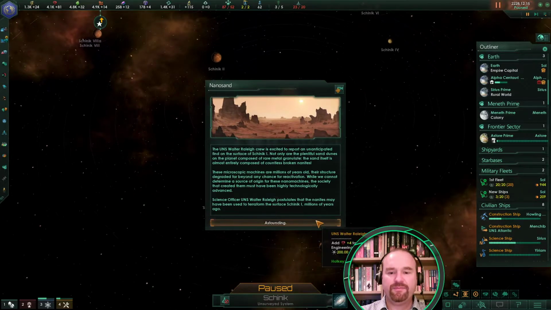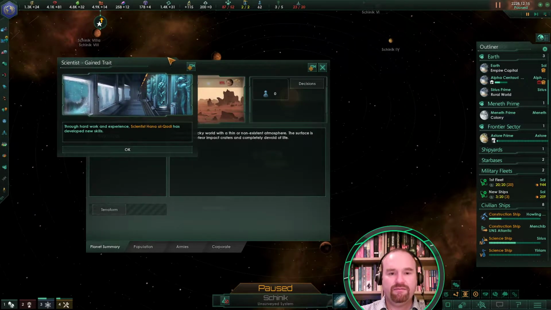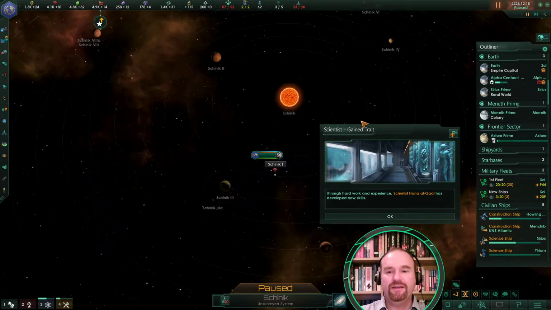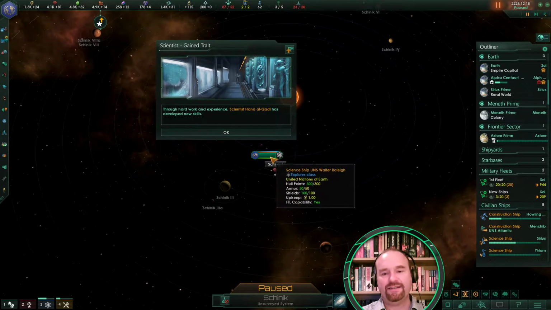Is this a particularly nice planet? Astounding! Well, if they were terraforming it, they haven't done a very good job. It's barren. And actually, through hard work and experience, scientist Hannah Al-Kadi, who I presume is in here...